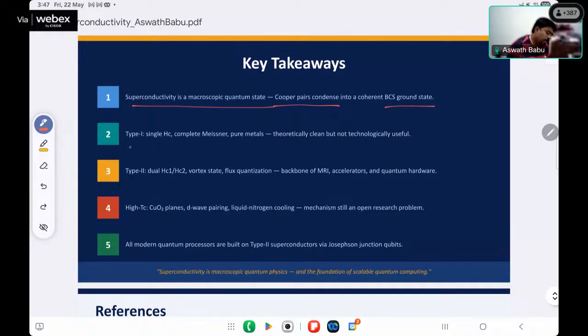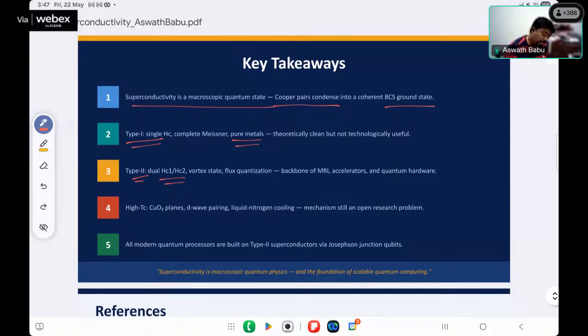Okay, and type 1 superconductor has a single critical magnetic field HC with a complete Meissner effect. With the pure metals we see that. So theoretically clean, but not technically useful. Okay, type 2 has both combinations, with vortex formation and with flux quantization,